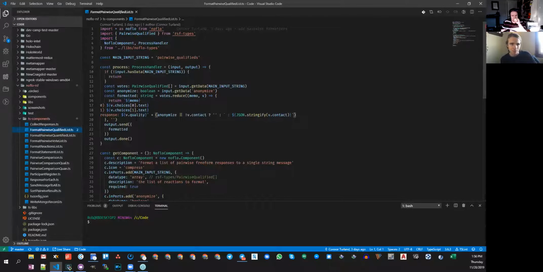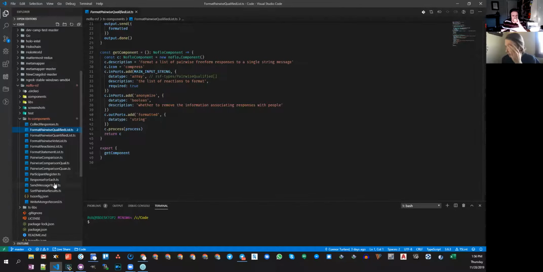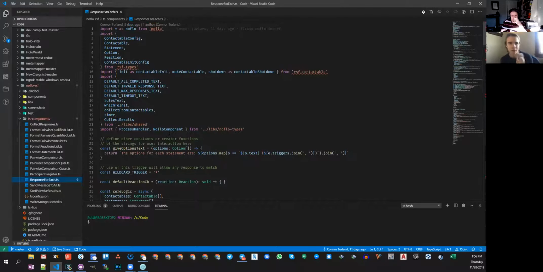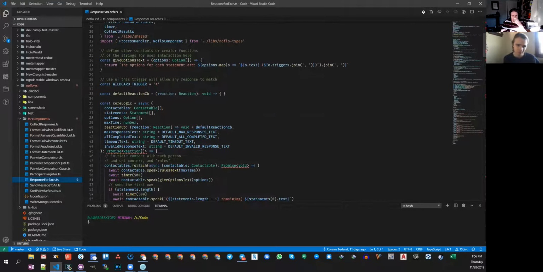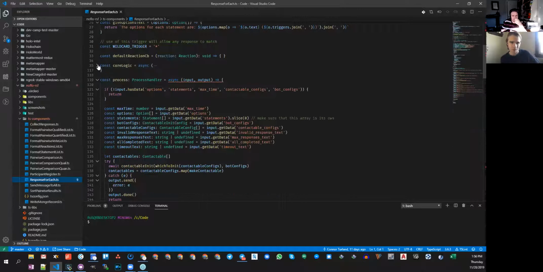But I have separated in a lot of cases the main functionality from the no-flow. Oh, core logic, that's what I was trying to remember. Yeah, these functions are called core logic.